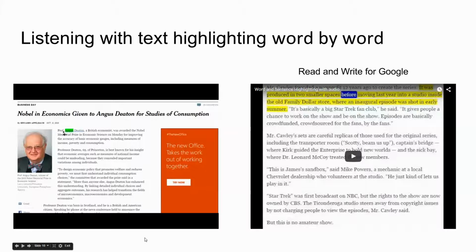Prof. Angus Deaton, a British economist, was awarded the Nobel Memorial Prize in Economic Science on Monday for improving the accuracy of basic economic gauges, including measures of income, poverty, and